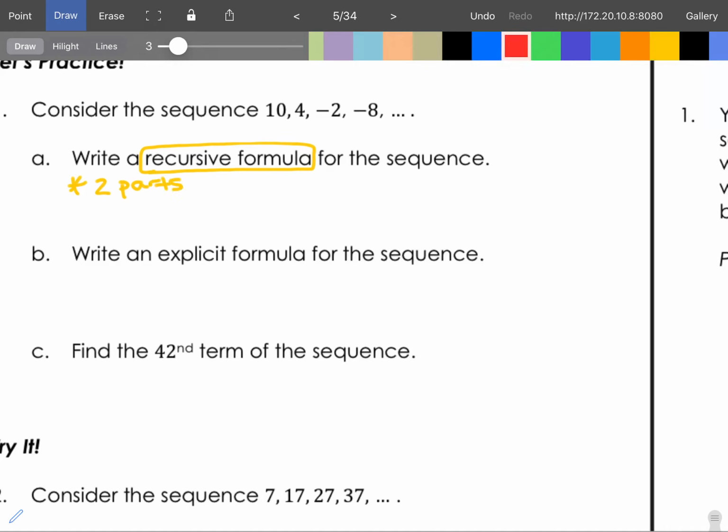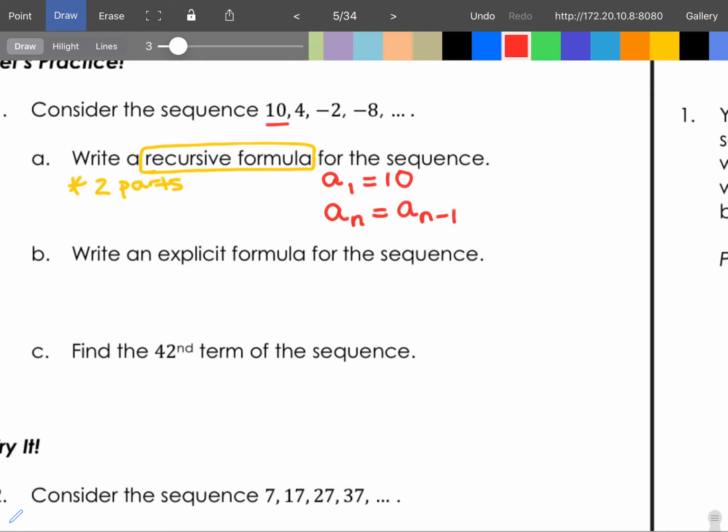Okay, so the first part is that you're going to write a sub 1 equals, and you're going to tell me the first term, which is 10. See, there's the first term. Okay, that's the first part. The second part you're going to write is a sub n equals, and then remember with the recursive formula, we needed to know the number before to help us figure out the next number. So we would write a sub n minus 1, and then